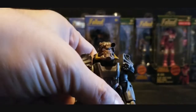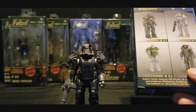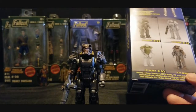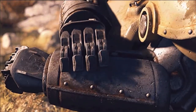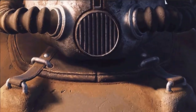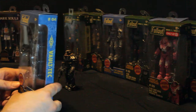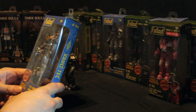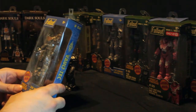So in 2017, Just Toys International released their MegaMerge line of Fallout action figures. The initial offering consisting of 4 power armor suits for you to collect. These suits are based off of the Glyos System, which means, much like in the game, you can mix and match and swap out parts of various arms and legs and torsos and helmets, which I think is a great idea for an action figure line, especially when it mirrors the game mechanic of not always being able to have an entire power suit and sometimes having to make do with what you have or kit bashing together a suit